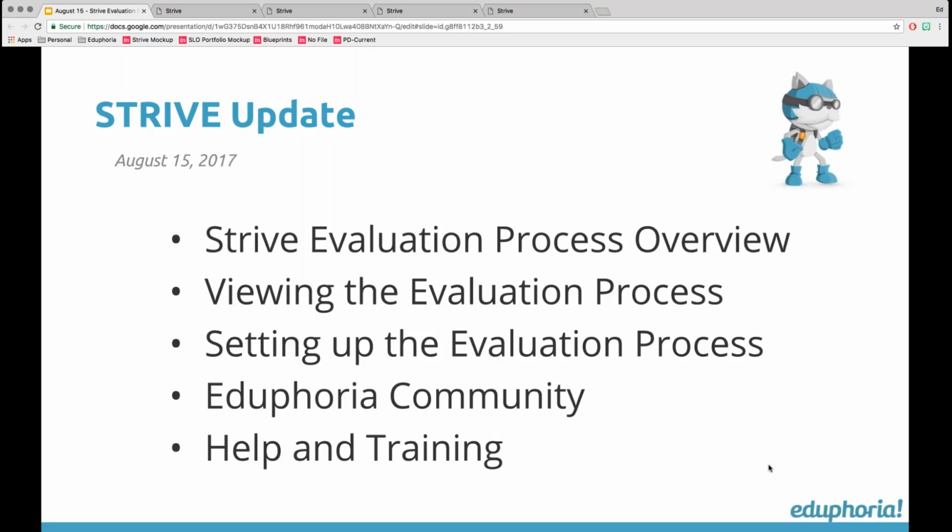Today we're going to talk about evaluation process. We had a big update go out last night. We're super excited about this. We had a lot of testing go in to make sure that this update would work. We're going to talk a little bit also about management of evaluation process, something that we've done in other webinars, but we're going to revisit that. But we're going to start with what it looks like on the user's end, that is for the appraisers and